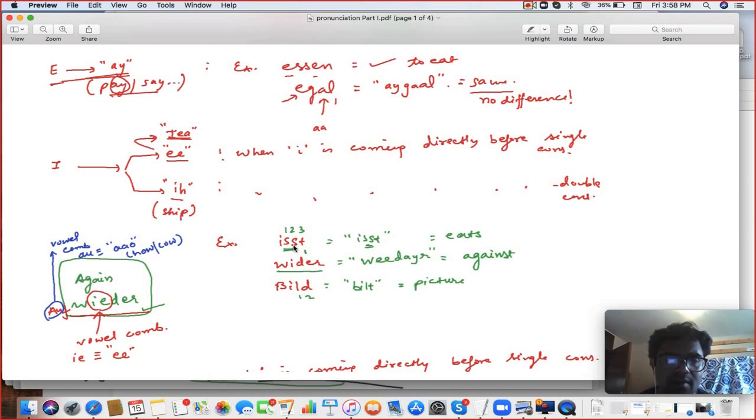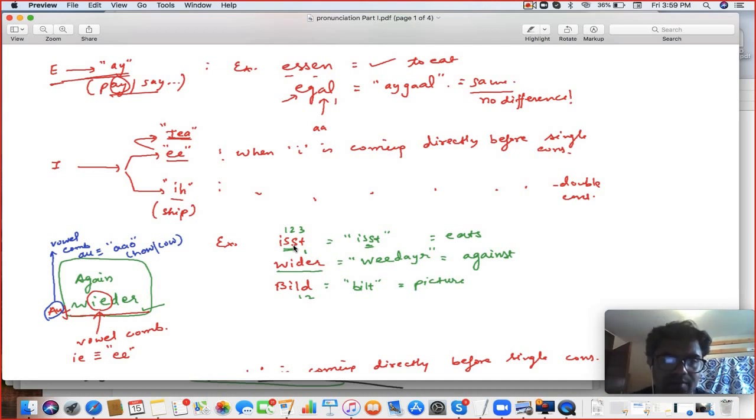First example, East. Second, Vidar. Next, Build. East, Vidar, and Build.